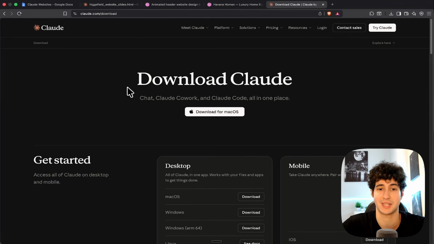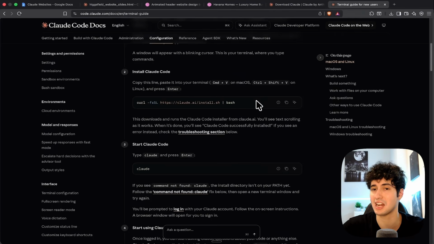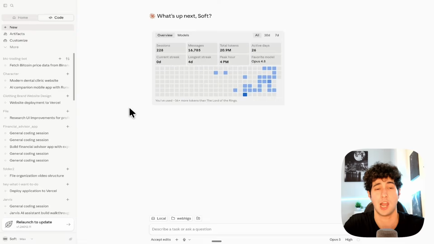So to build this website, the first thing that we have to do is install Claude Code on our machine, which you can do by going over to claude.com/download and downloading the app. Or you can even install it natively in your terminal. I personally prefer the app, that's why I will come over here and download it for my operating system. And once you do that, you simply have to open it up and navigate over to the code section, where we will be able to come over here to the chat box and start building out this